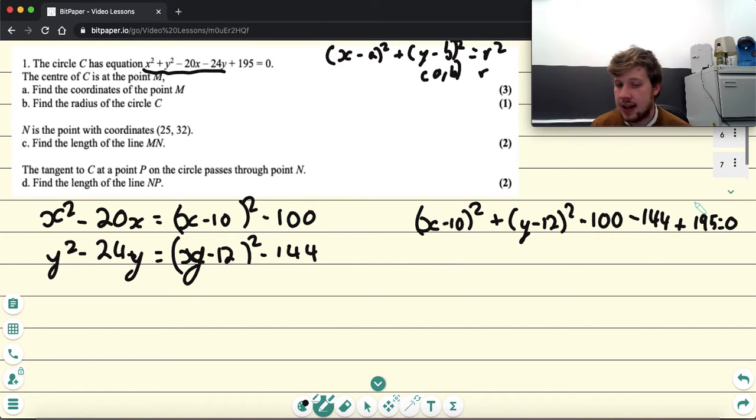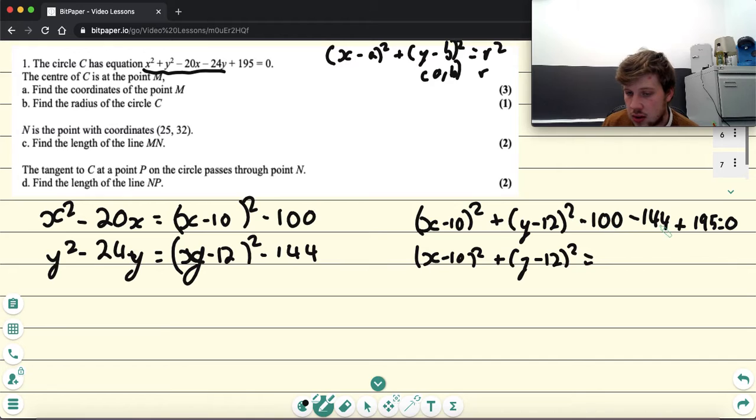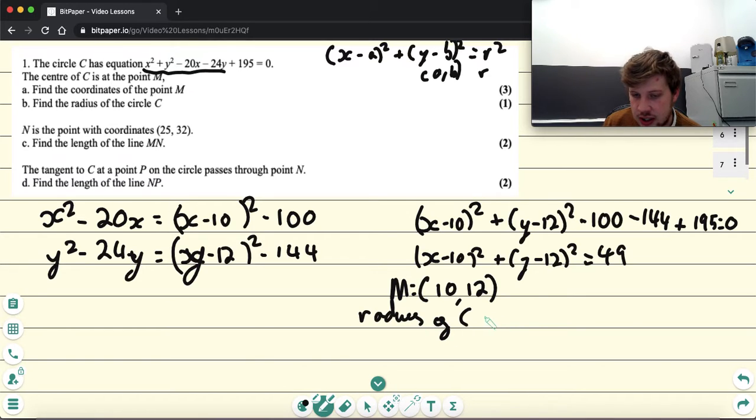Taking this over to the right hand side, so adding 100, adding 144 and subtracting 195, would leave me with x subtract 10 squared plus y subtract 12 squared equals 49. So therefore I end up with a centre of the circle, so M, which would be 10 and 12, and a radius of C, which is the circle,